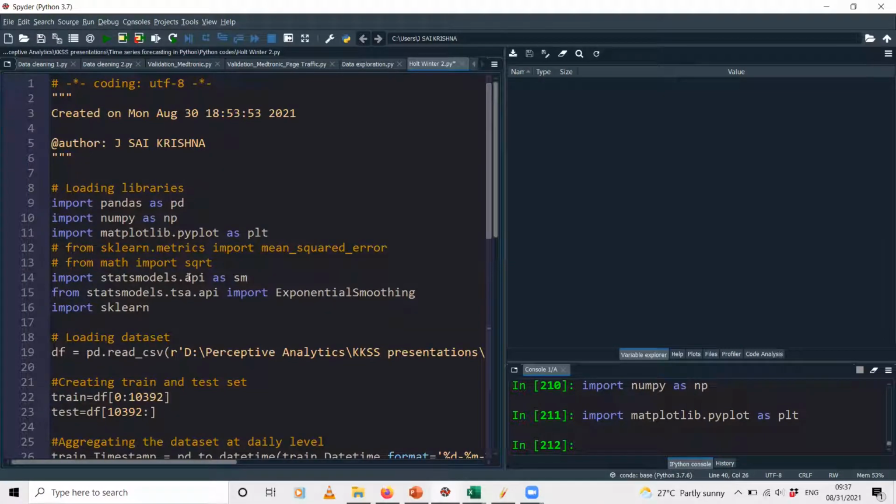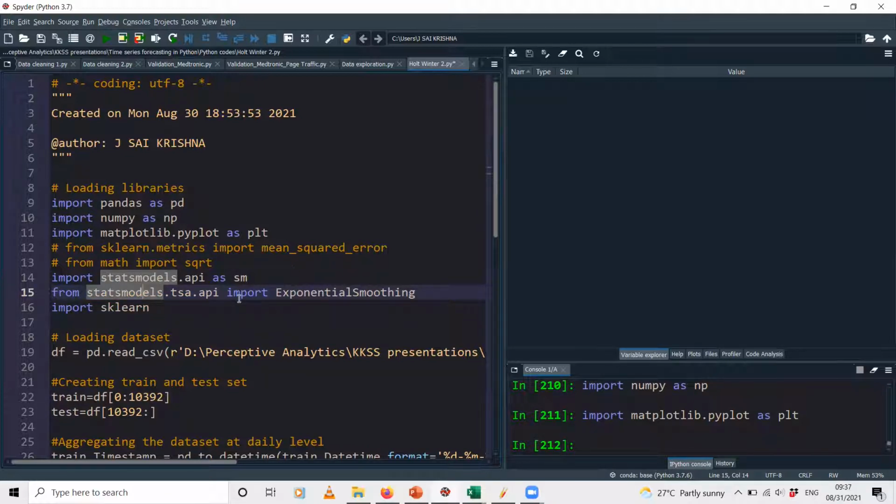And then the last thing that we'll need is the actual exponential smoothing function, which we use for the modeling. That is present in this particular library called statsmodels.tsa.api. This is the same as this one, but I think this is just present in a different part of this particular library.